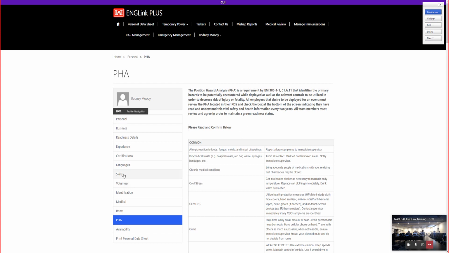Some of these other ones, skills and experience. Many of you have come to the Corps of Engineers and you have backgrounds in other areas before you got to the Corps. You may have been in construction. You may have been a truck driver, or you may have operated heavy equipment. That kind of stuff is important to us here at ENGLink, because there are times where we'll have a